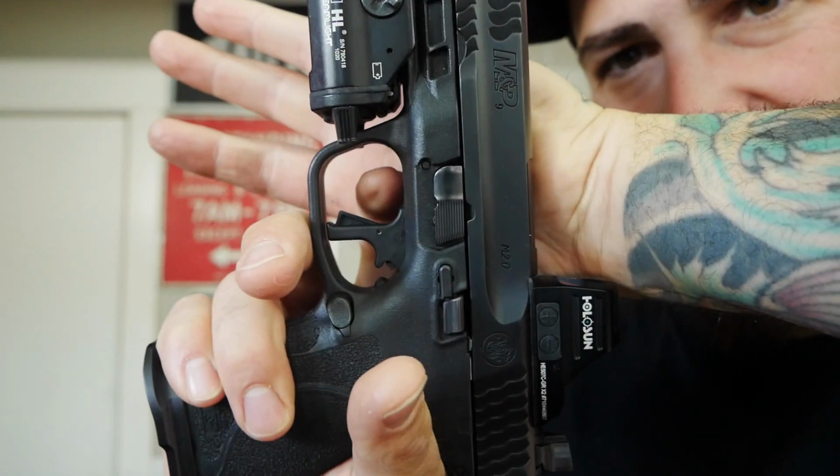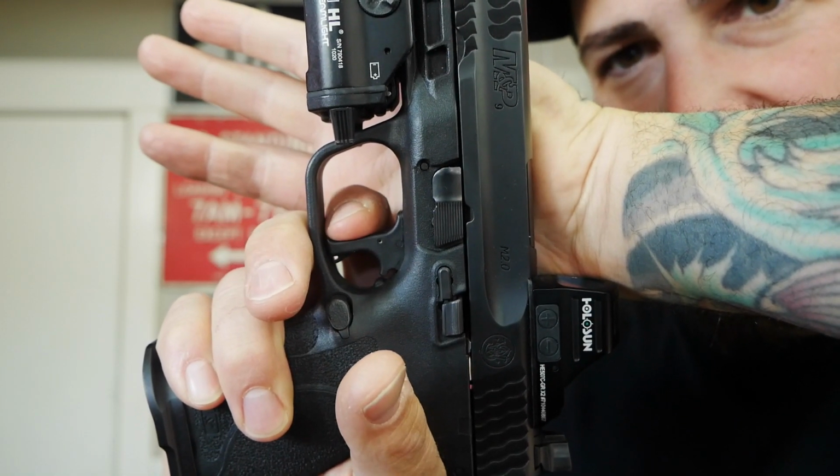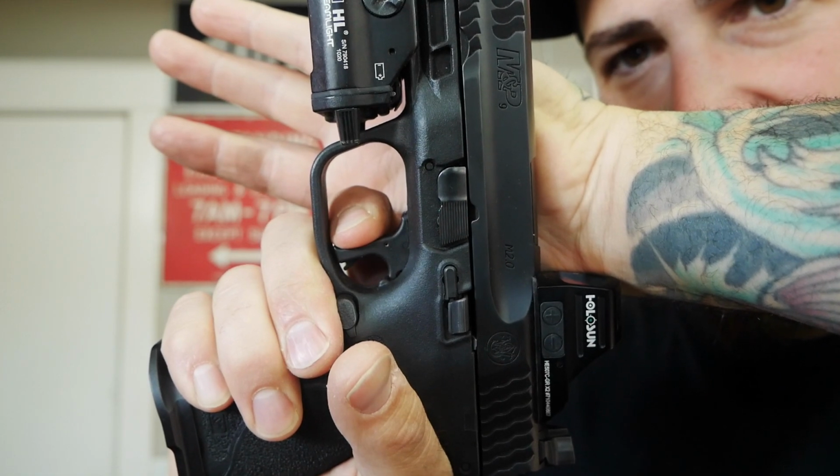I haven't tried out the other version of it, but if you get the gun with the new style trigger, which is kind of like a straight trigger with a little trigger safety thing on it, that one is a good trigger, so don't worry about that. But if you have the old style with the curved trigger, definitely do an Apex trigger on it because it is very nice. So first of all, you have your trigger, that's your take up right there, and